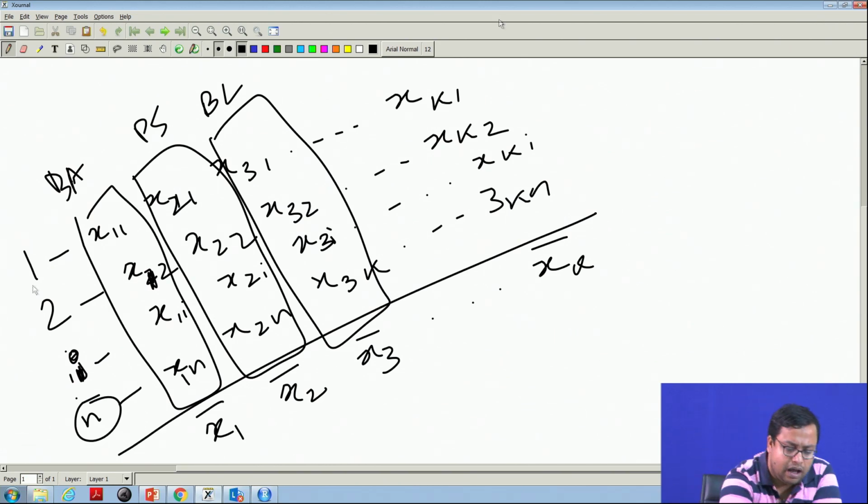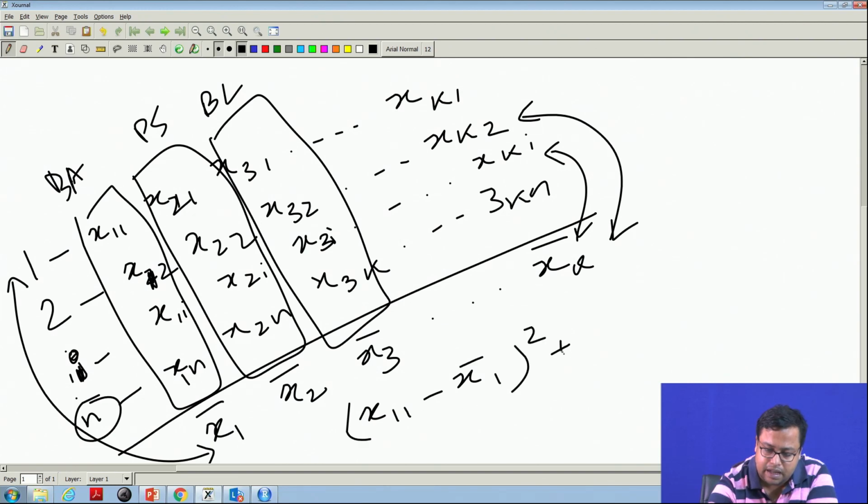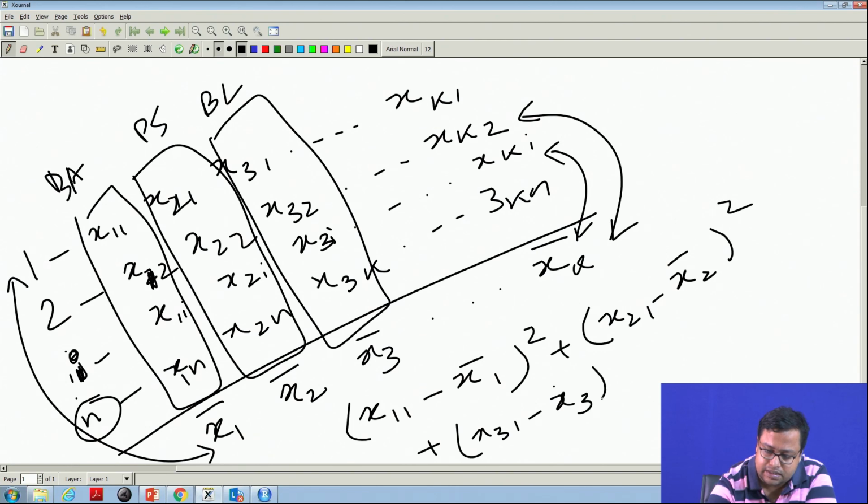So, I will find out how 1 is distant from this mean, how 2 is distant from this, how 3 is distant from this and so on. So, what is that? How 1 is distant from this mean, that is x11 minus x1 dash square plus x21 minus x2 dash square plus x31 minus x3 dash square and so on.